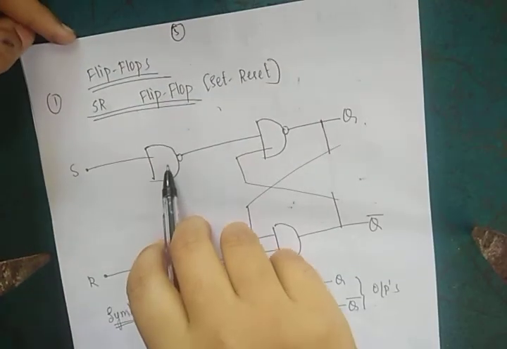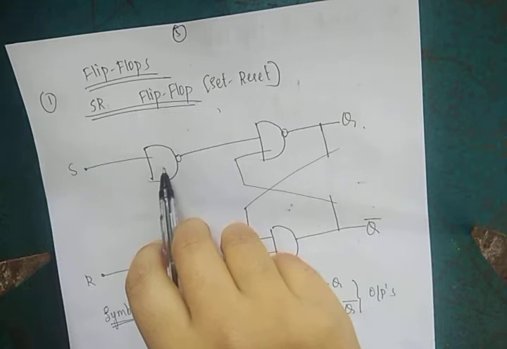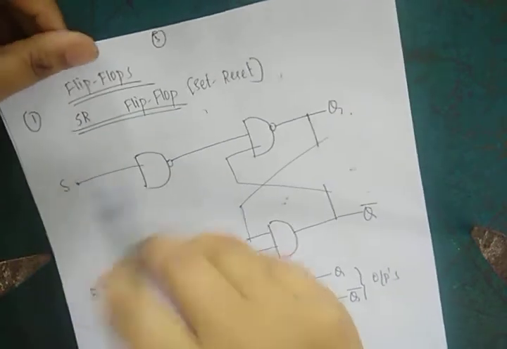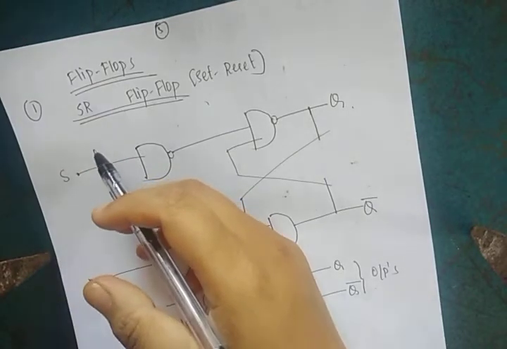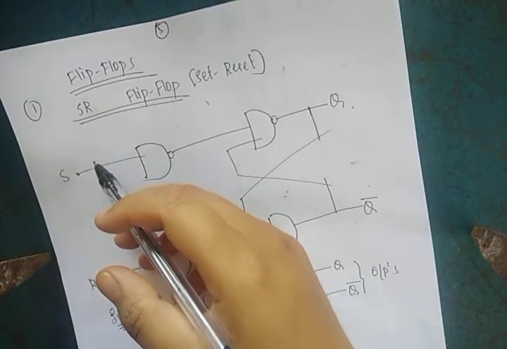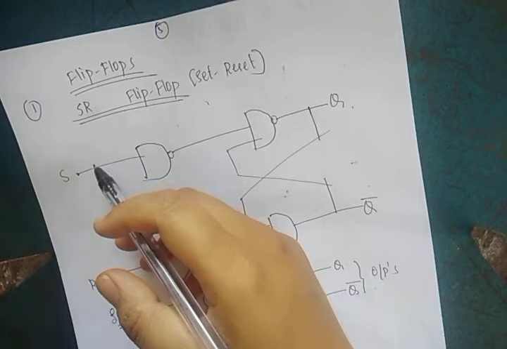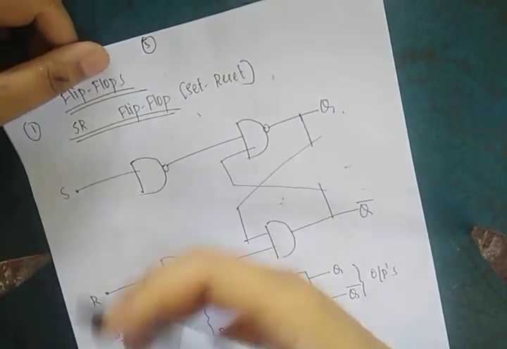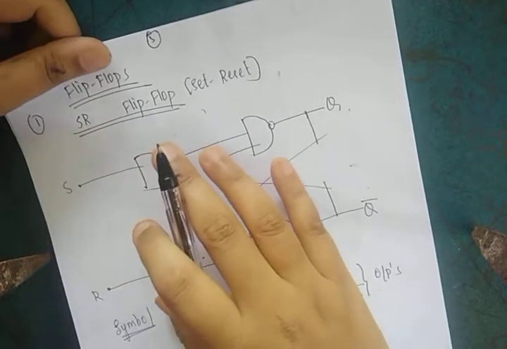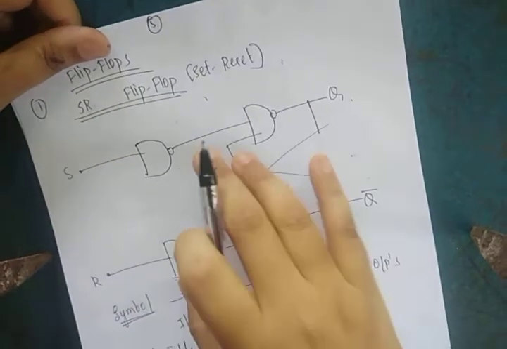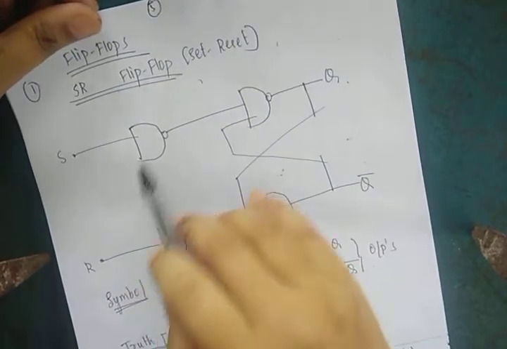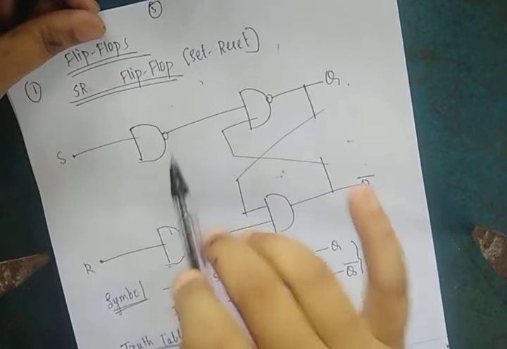Coming to the next, flip-flops. As we know, flip-flops are similar to latches only. The difference is here we'll be having a clock. Again, in flip-flops they may ask you to explain clocked flip-flops in detail, or they may ask only to explain the SR flip-flop in detail. If they ask about the SR flip-flop, then explain without a clock. If they ask you to explain the clocked SR flip-flop, then you need to explain the clock, which I'll be explaining. So everything is the same here, except we don't have enable. Here we'll be having a clock pulse.